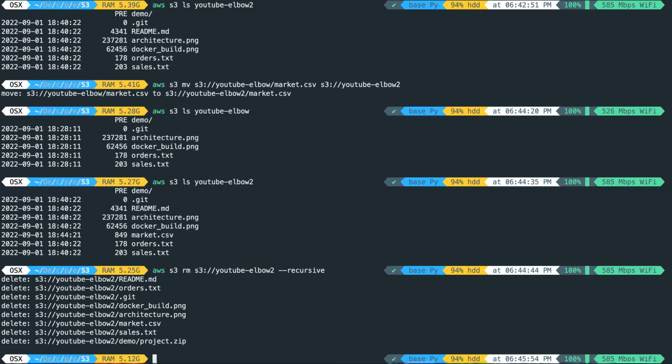If we look at AWS S3 RM, I could remove everything recursively, excluding just the images. I could remove everything except PNG,